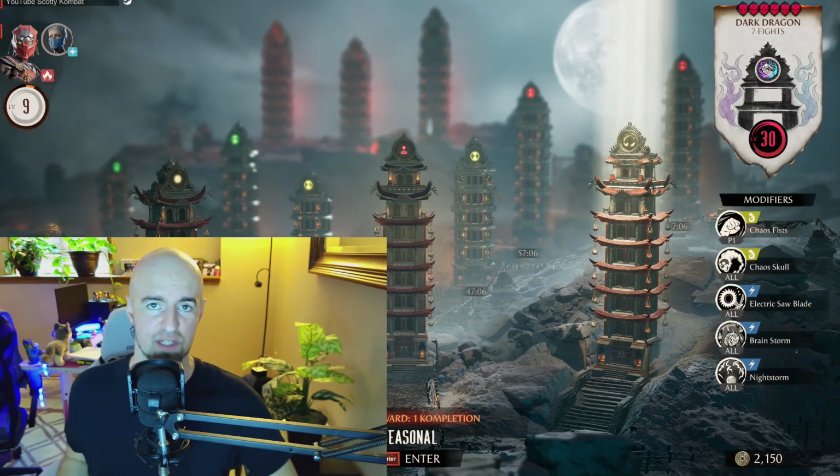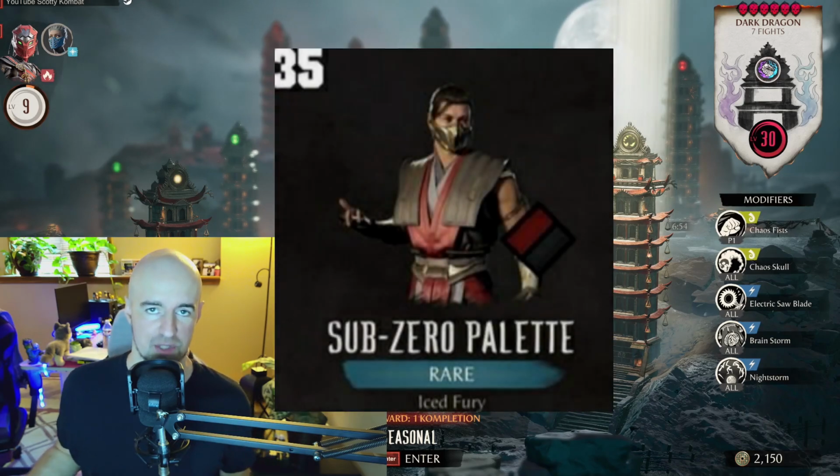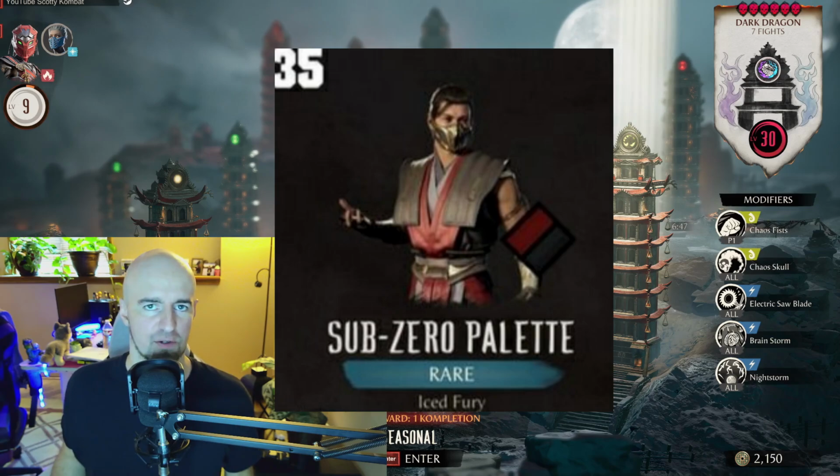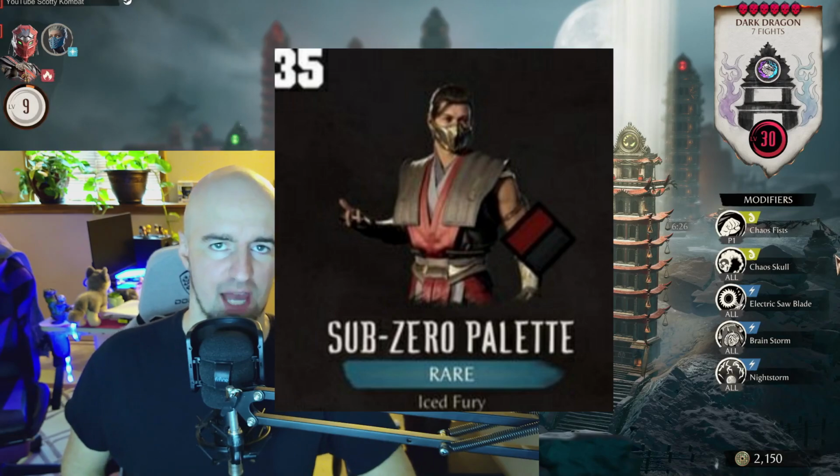The next seasonal skin comes after completing floor 35. Thus, the reward is Sub-Zero. Now, the colors for most characters on this, I wouldn't mind, the red and black. I do like it. However, I feel like some of you might want to throw tomatoes at me because I'm